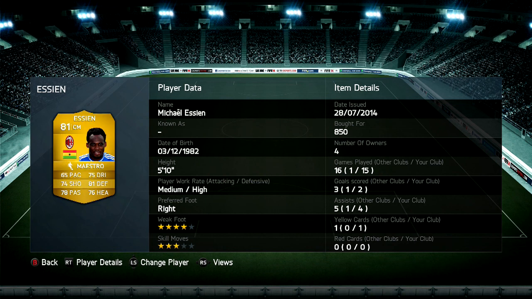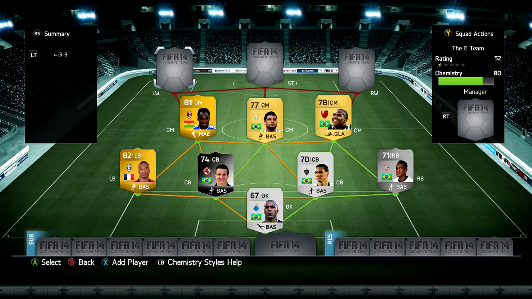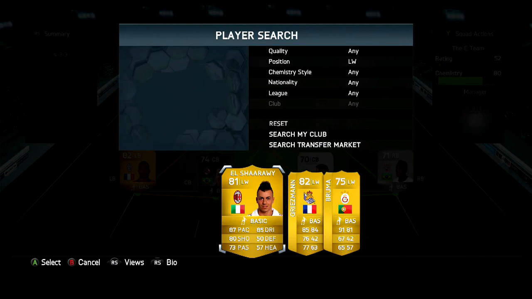Medium-high work rate, so he's the one that sits deep out of the 3, to be fair. Standout stats being his 81 defending and his 78 passing, but he does also have 76 heading, 75 dribbling, 74 shooting, and 65 pace. Onto the front 3 then. At left wing then, we've got El Shaarawy,